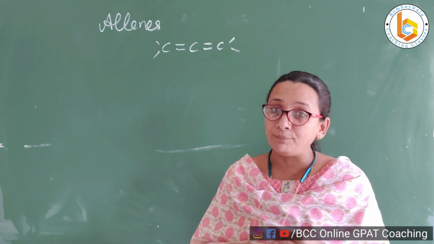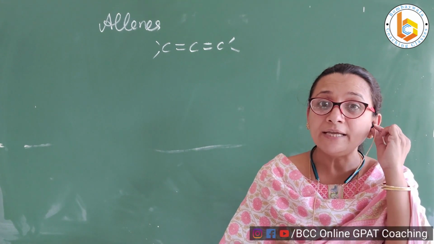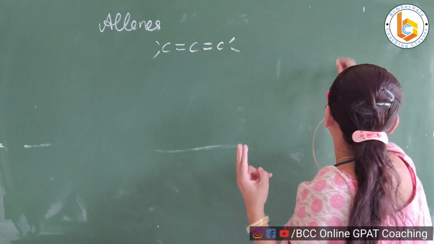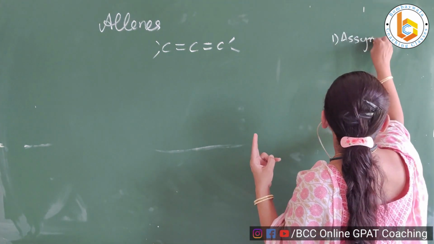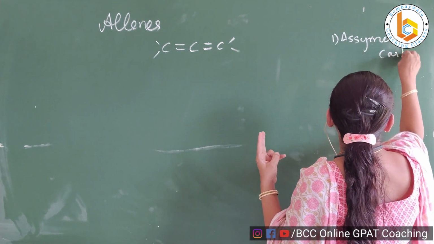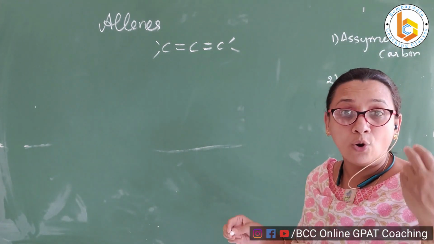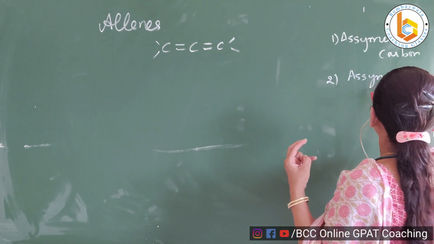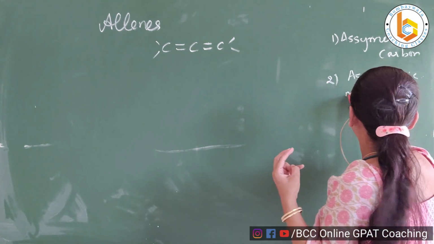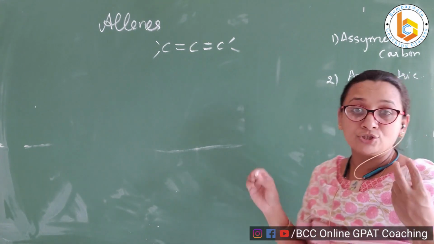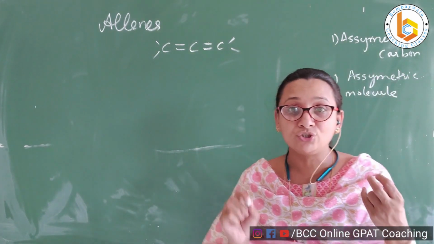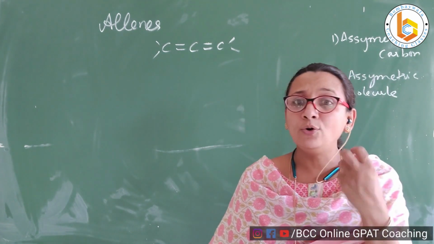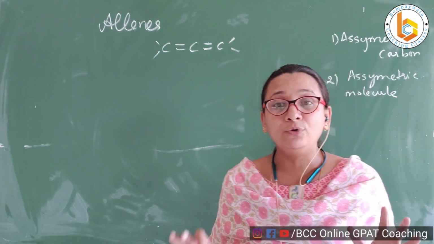See my dear students, for a compound to show optical activity, it's a very important prerequisite that it should contain two things. One, it should contain an asymmetric carbon, which we also call a chiral carbon, and the other important thing is that it should also contain asymmetry in the molecule. In the detailed discussion on stereochemistry and on the criteria of enantiomerism, please do watch this in the video.